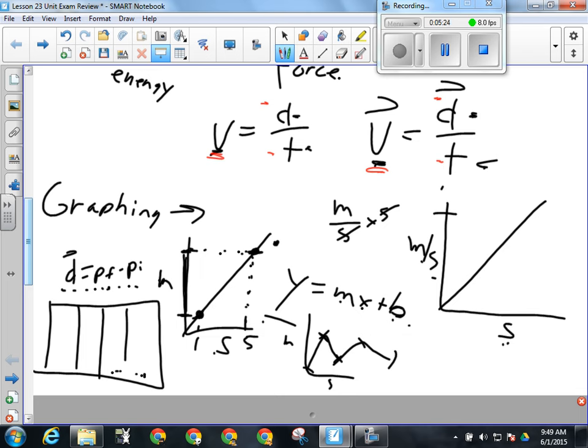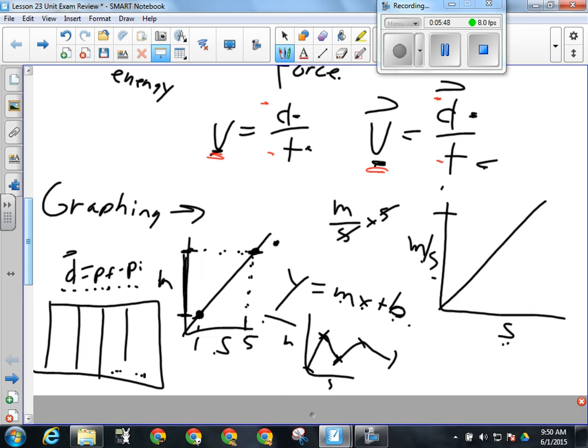And there are several questions that are strictly, here's a complete graph, I want you to calculate something from it, or several somethings from it. Okay, so here's a velocity versus time graph, calculate the displacement of the object, or calculate the acceleration of the object between 5 and 10 seconds, or something along those lines. So we definitely need to know what we can get from each kind of graph and how we get it.